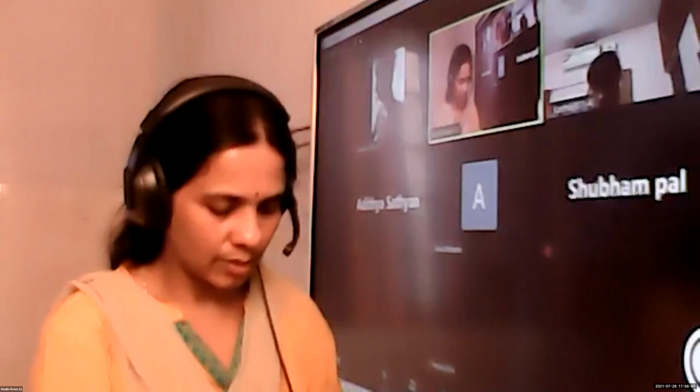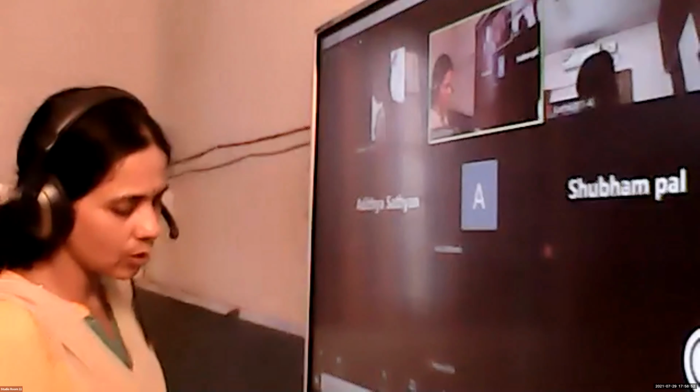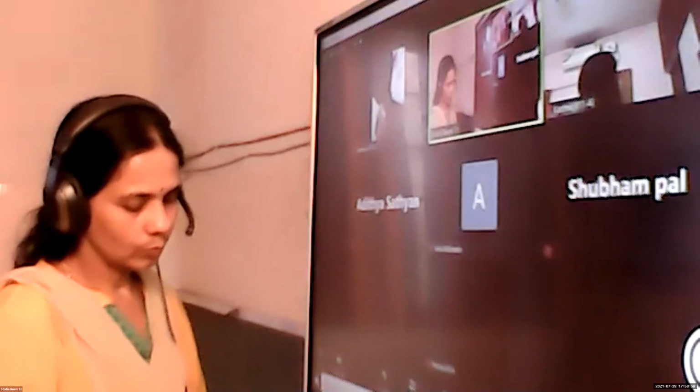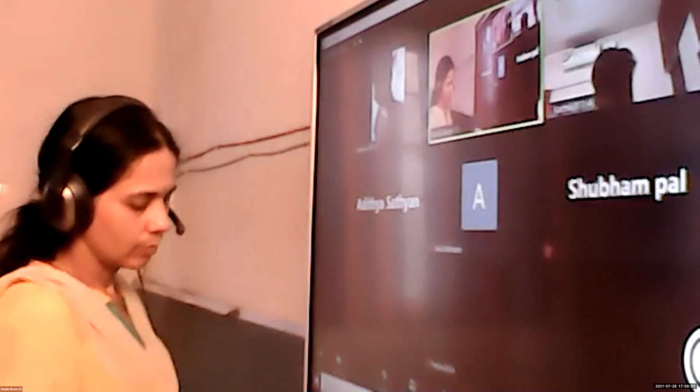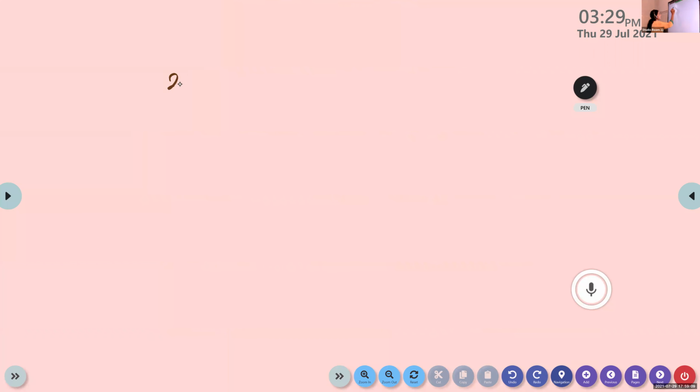Take the textbook, exercise 5.5. Exercise 5.5. First one, Roman letter 2, we can solve. So the equation is 2x minus y is equal to 17. 3x plus 5y is equal to 6. Here we have two variables. Only two variables are there. And it is in the general form.